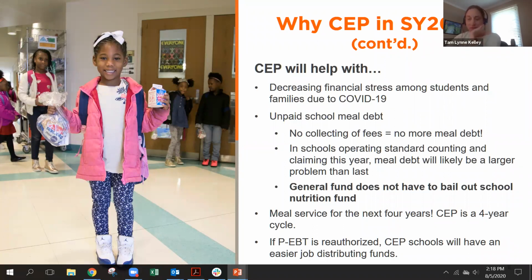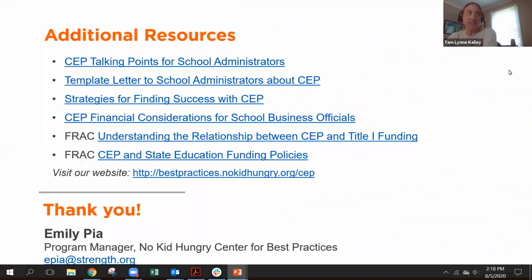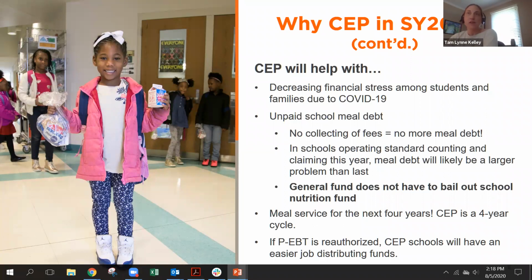There was a question about the deadline for ISP data. Because of COVID, USDA did extend that to June 30th, as you mentioned. And, as you mentioned as well, the students are continuing to enroll in SNAP and TANF and other programs through July and August. Unfortunately, those kids will not be able to count in the ISP reimbursement rate that's being locked in right now. But as you mentioned, Emily, you will be able to set a new reimbursement rate at this time next year if it's still going, if your rates are still going up. Thank you.